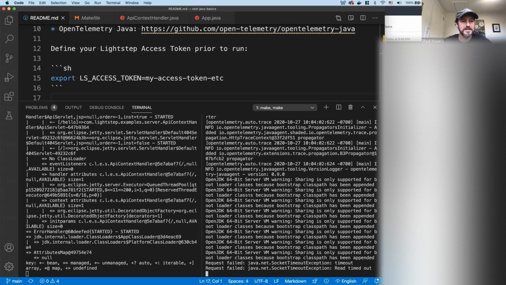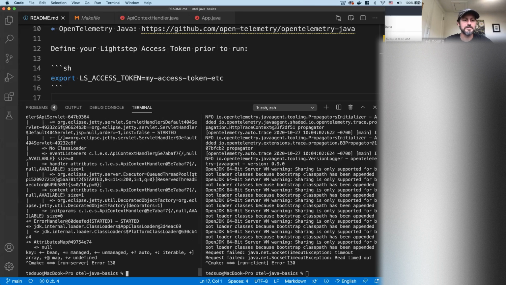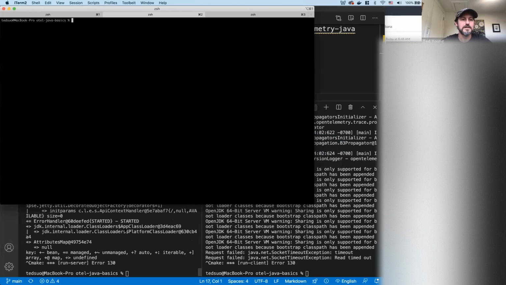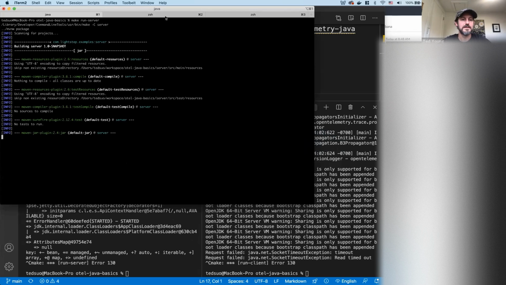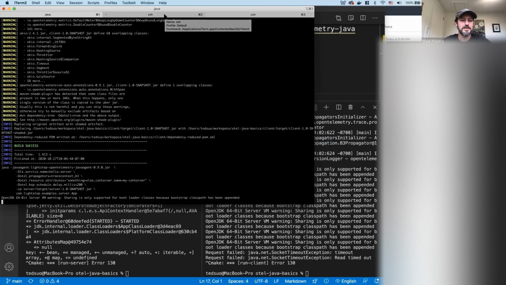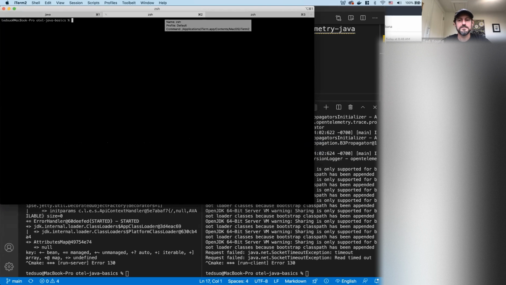Oh, we're getting a timeout here. Possibly just because I'm running it in these terminals here. So if I run it out here, you just say make run the server. Get the server going.